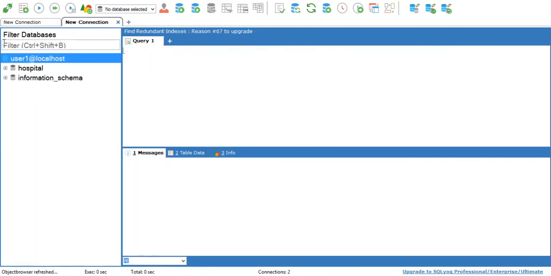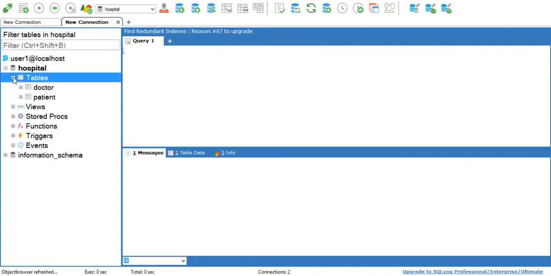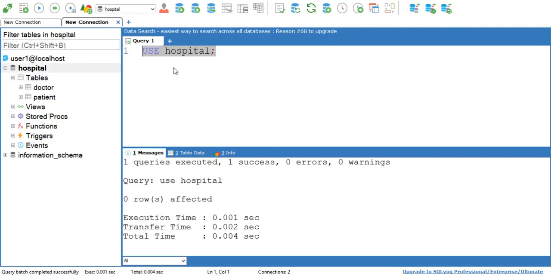Connect. See here, the username is user1. Now you can see under this hospital database two tables are listed because we have given permission for all tables. Okay, use hospital, execute it. Okay, it's successfully executed.